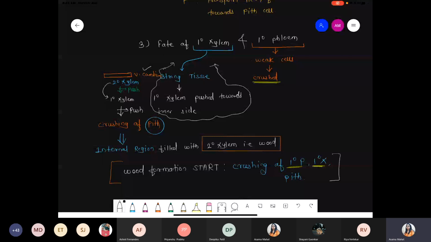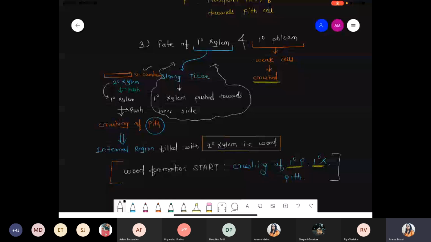Clear? Okay? Just try to understand, because if you read NCERT, you won't understand anything. Just make one image of how the vascular cambium is shown. If you imagine these steps, ultimately you can solve any kind of question. Any kind of question. Clear? Okay. Should I continue with the next part?